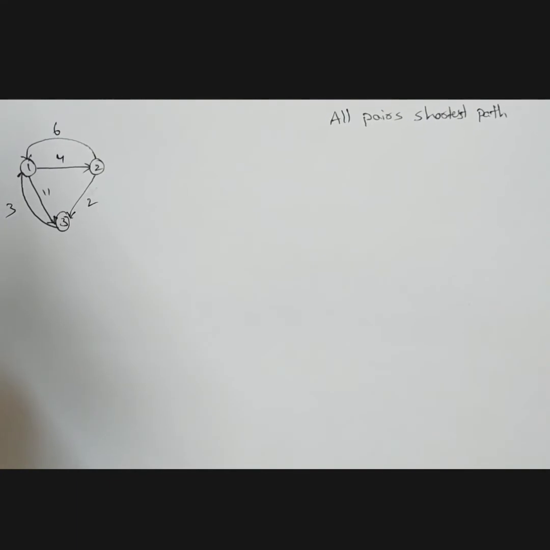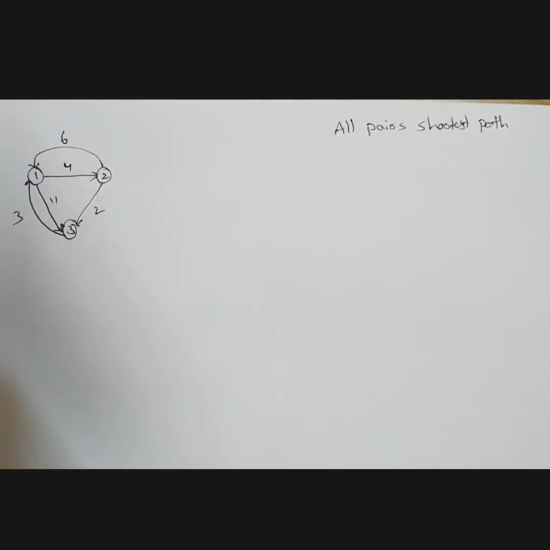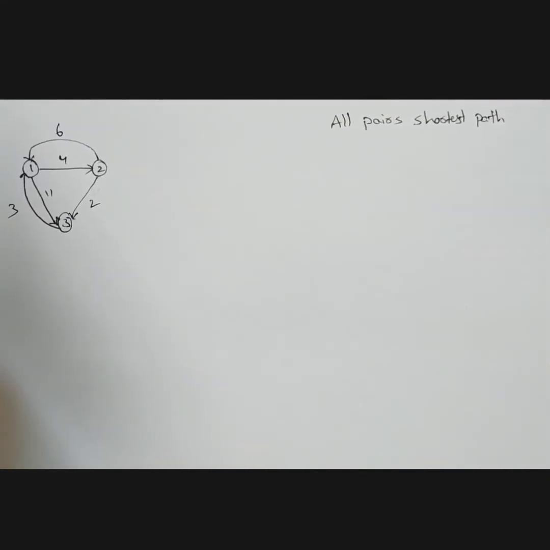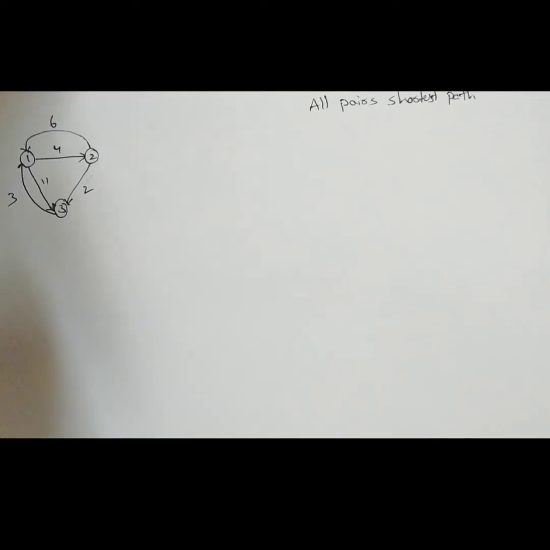Hello everyone. In today's video, I am going to explain the all pair shortest path problem by using the dynamic method. First, let me explain how problems are solved by using the dynamic method process. In the dynamic method process, you need to consider the sequence of decisions. That is, for each step, you have to make a decision to get the perfect results. In the all pair shortest path, you need to find the shortest distance from all the vertices.